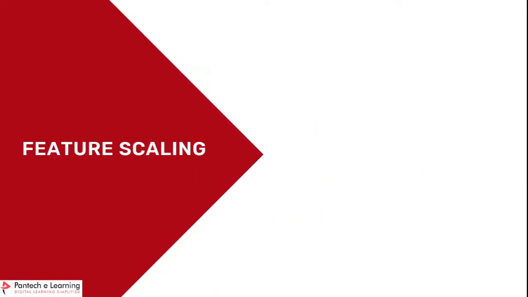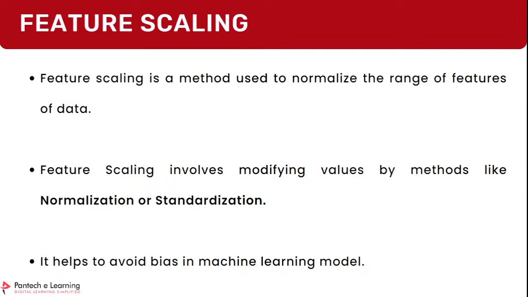What is this feature scaling? You guys know what is a feature? A feature means my independent values or my columns. So feature scaling is a method to normalize the range of features of data. So this can be done with methods like normalization or standardization, and it helps to avoid bias in machine learning